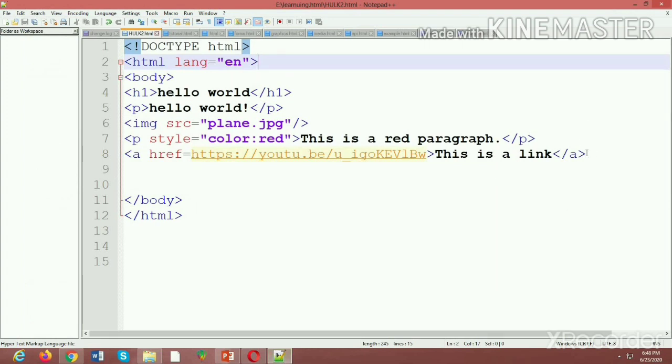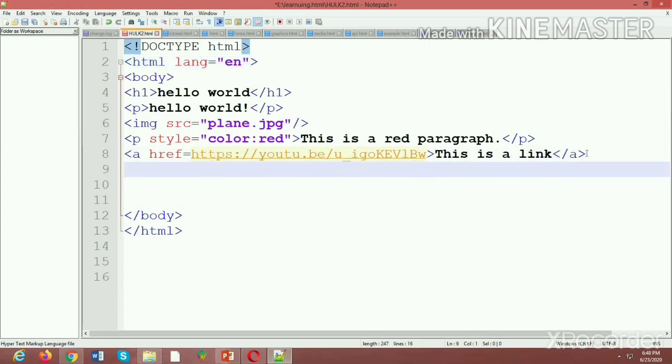Now I'll tell you about some more tags. First is the br tag. The br tag is also known as the line break element tag. Now I'll type a random address here. First I'll add a br tag here also, because I don't want to merge these both.